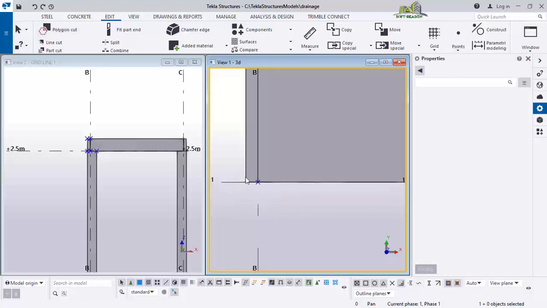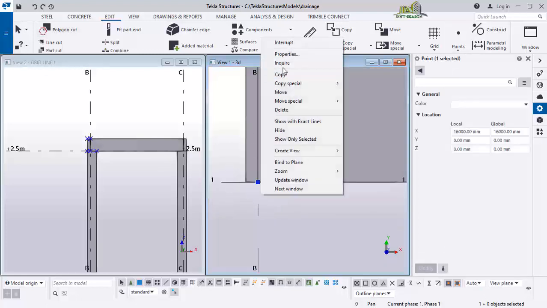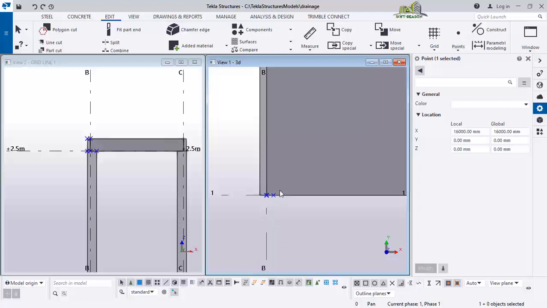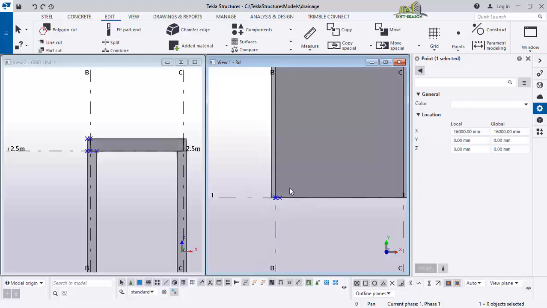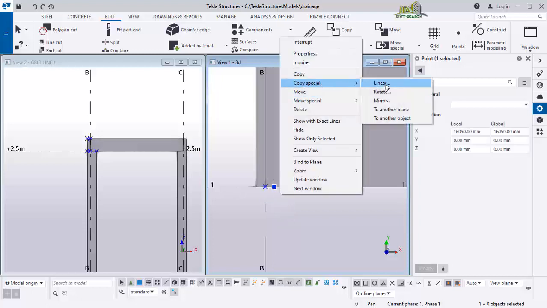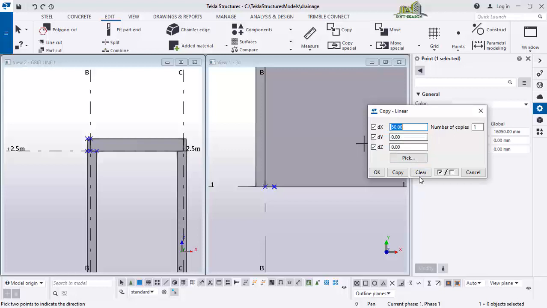You select the command, select the point, right click, and then we want to move it 50 mm away from that point. Okay, so we just copy linear and then clear this, and then in the direction X just enter 50, just like this, and then you click on copy. You have something of this kind, click on OK. Now we'll be populating this point along these directions at spaces 6 meter. Okay, so you just have to select this point, right click, and then copy special linear, just like this, and then you clear this selection in the direction